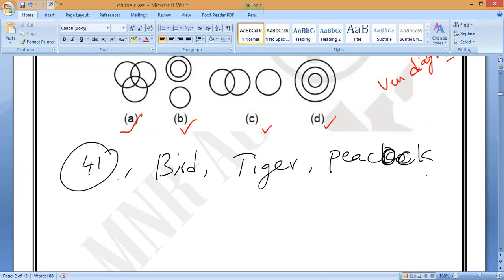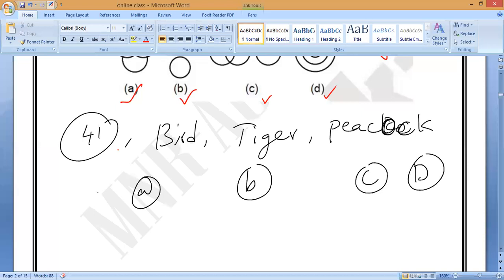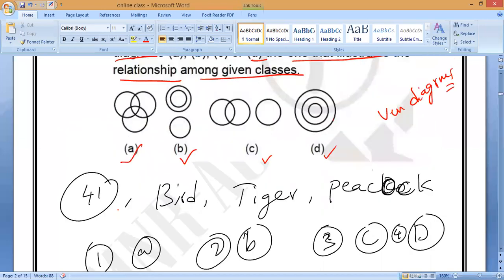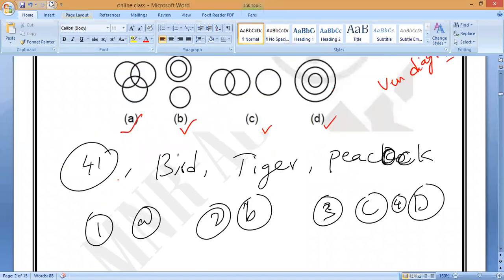So which will come under what? Anybody? Which option? A, sir? B, sir. C, D. B, sir, right, sir. How can you say? Because bird belongs to peacock. So you can observe here. They are saying what is the relation? Bird and peacock both are of the bird family. Correct or not? Peacock is one of the birds, part of birds.